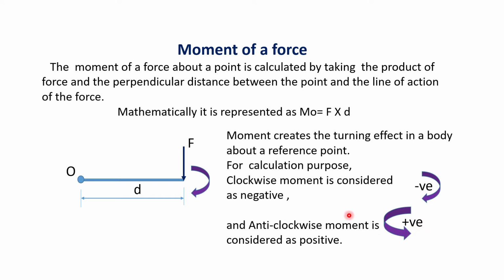So as I told in the previous class, visualization is very much important for our subject. So if such a force is acting in the downward direction, then it will create the turning moment in the clockwise direction for that particular member. Similarly, if we change the direction of the force to the upward direction, then definitely it will create the anti-clockwise turning effect. So according to that visualization, we can easily identify and consider the sign convention for the moment.